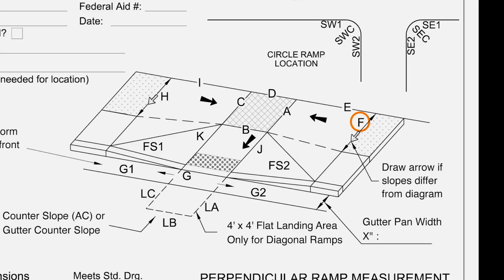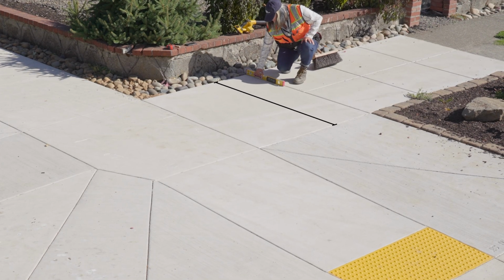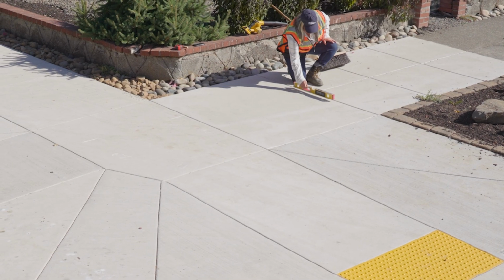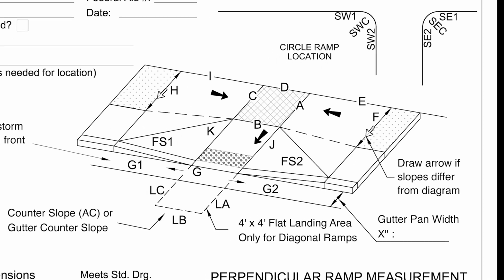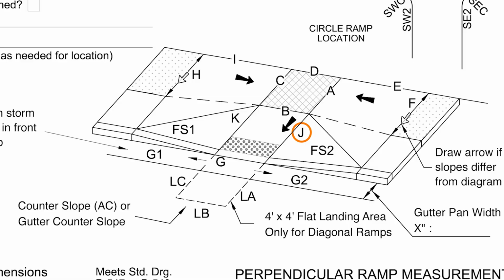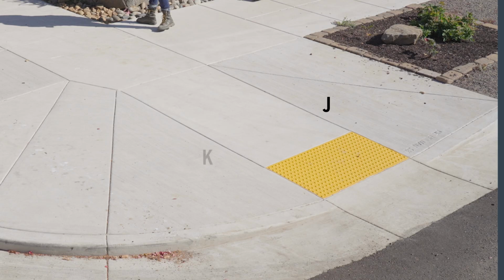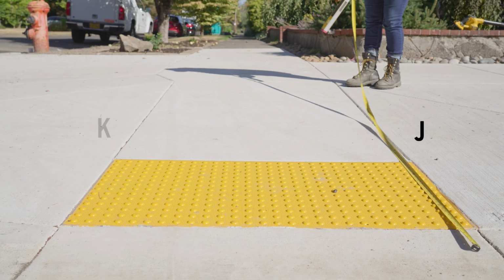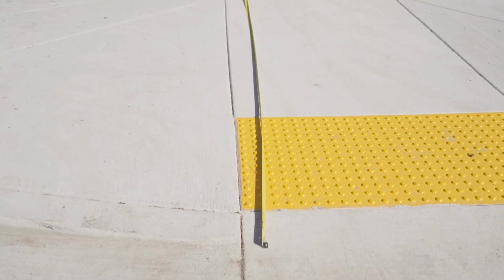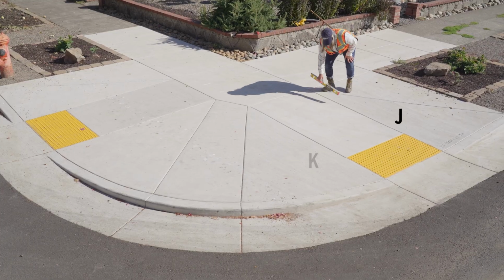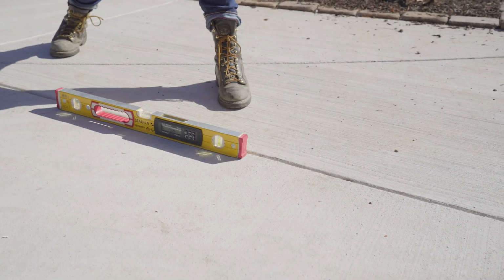Next, F, which is the same deal. Take measurements every 24 inches until you've spanned the entire panel and record the highest. Okay, let's move towards the street and inspect the main ramp, starting with the length of J and K. Now make sure you take your measurement from face of curb, not the bottom of the tactile dome panel. Now, move on to taking your level down the ramp, every 24 inches, including the tactile dome at the bottom.